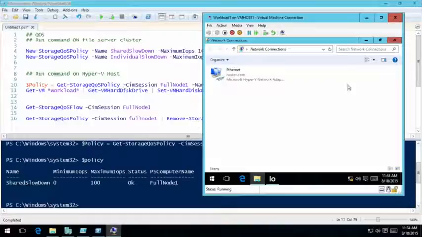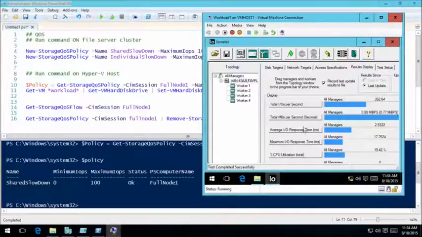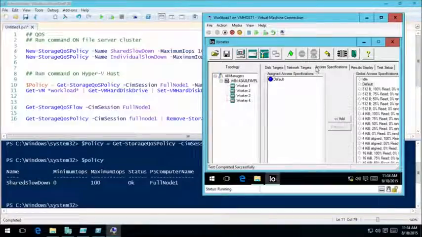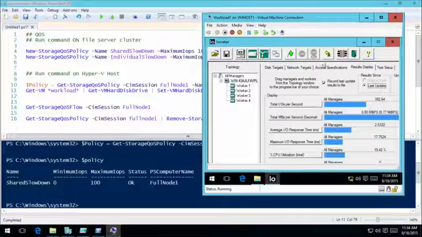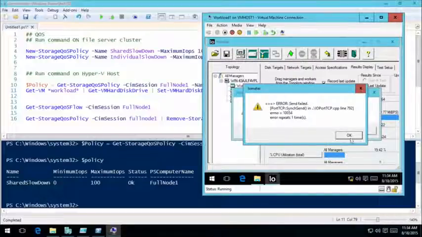Here's the VM, and I'm going to run the old Iometer tool. The old Iometer. It is very old. Not this version. Well, Iometer's been around. And this is using literally just the default access spec. So I've done nothing fancy with it. Just run IO and display the results live. And so we run that. You can see that this particular,